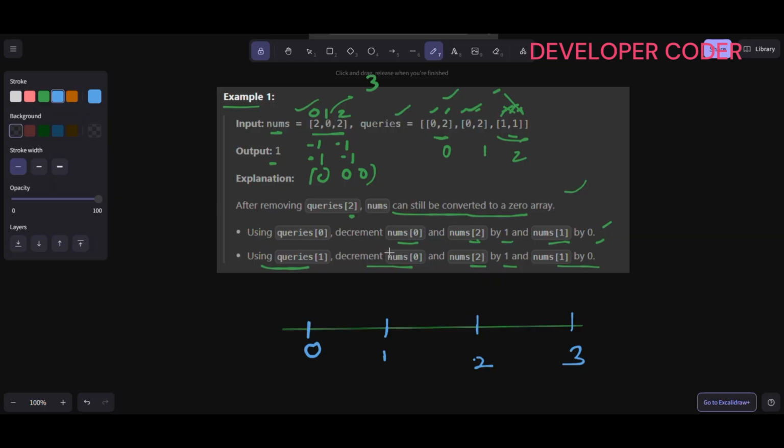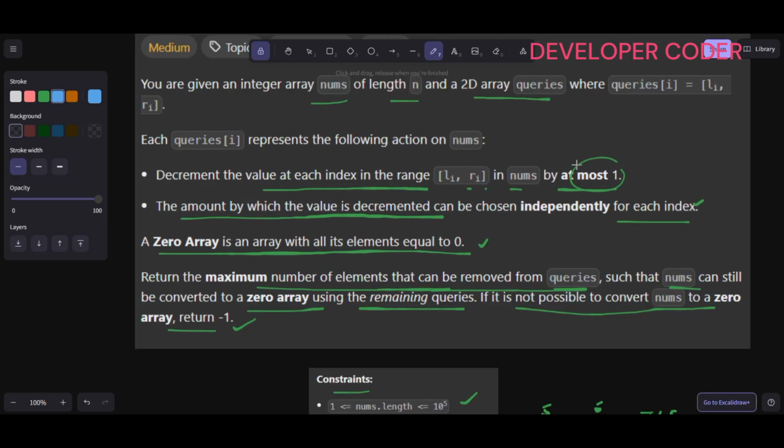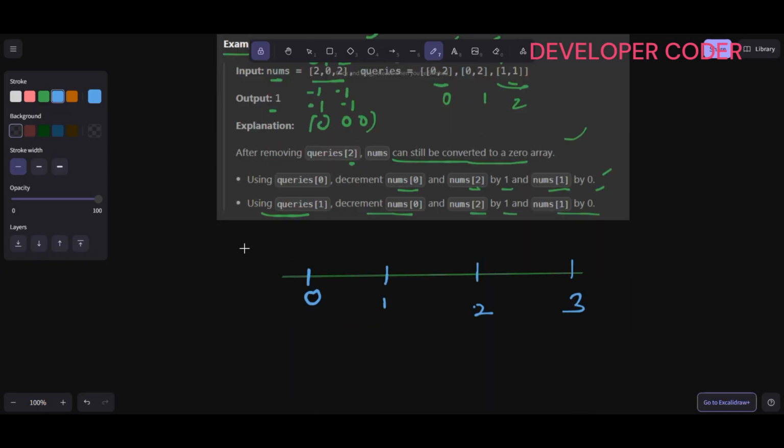Here in the number line, if you are applying any operation, you are decrementing the value by 1. So if you apply any operation, you are going to decrement the value at each index by at most 1. Okay, this is what you are doing, right? So here let's suppose